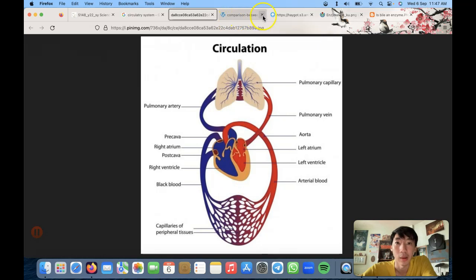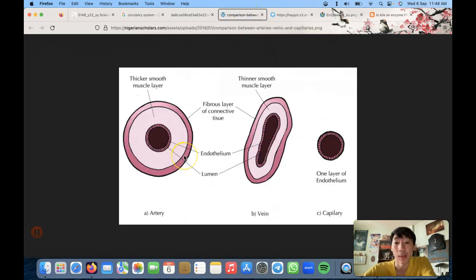Okay, all right. Let's compare the artery, veins, and capillary. Now your artery, as we said, carries the blood away from your heart, and the reason why it needs to be so thick, as you can see, is that the artery is actually quite a muscular thing, right? It actually has a thick layer of muscle. You see this pinkish thing? This pinkish thing is your muscle. Why does it have to have such a thick layer of muscle? That's because of the pressure, right?